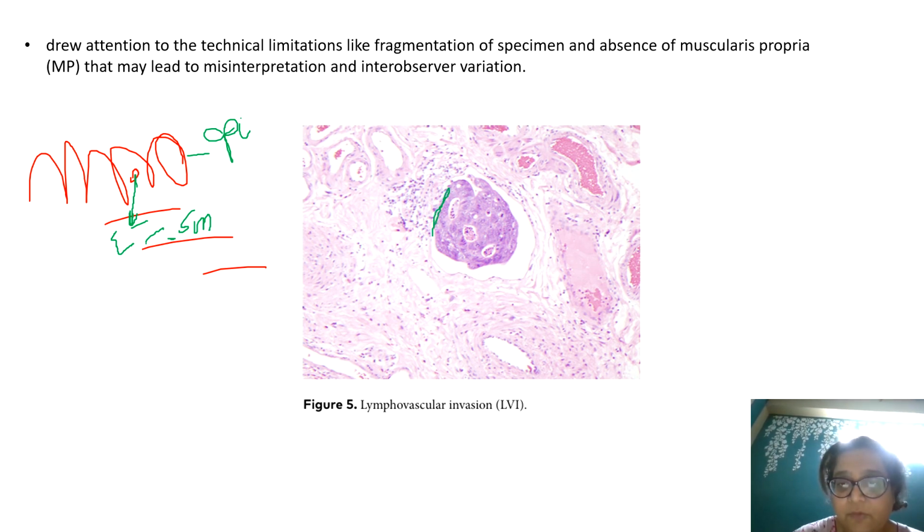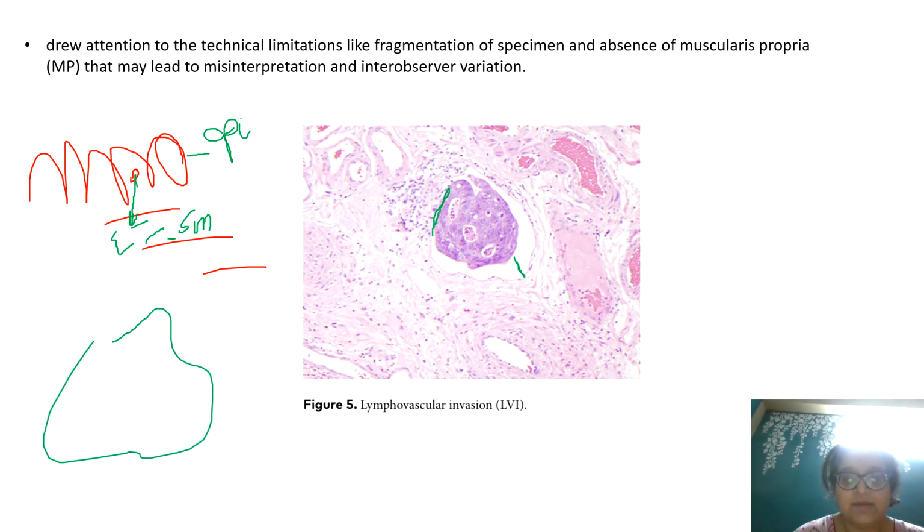It should not be floating in this free space. Then only is it an actual invasion. Otherwise, sometimes sectioning, etc. can also cause the tumor to look as if it's inside the vessel. In a lot of tumors, the intratumoral invasion is not as important as where it is at the periphery of the tumor. In colorectal carcinomas, we label it even when it's inside the actual tumor mass. So supposing this is the entire tumor mass, one focus of LVI is here and one focus is here.